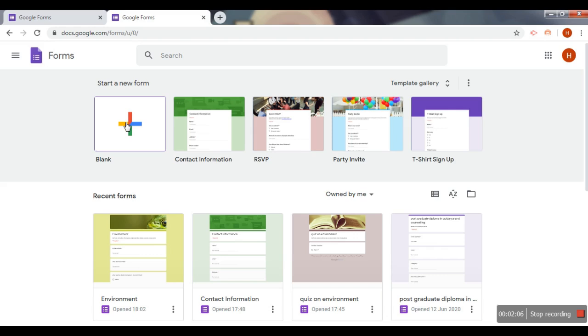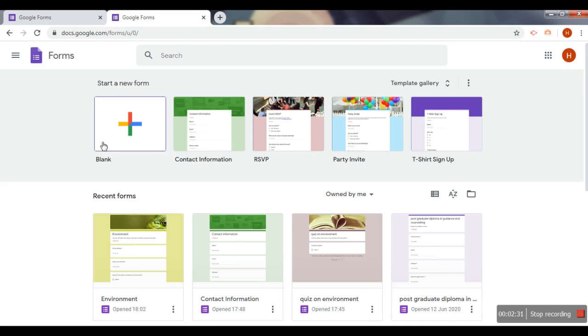Otherwise we can start afresh with a blank Google Form, right? So if you see below, there are 4 different kinds of Google Forms. These are the forms which have been created by me. So whatever Google Forms you create, they will appear like this in your home window of Google Forms, right? They have been saved in your Google Drive. You can access them from your Google Drive also. Otherwise you will be able to see them at the home page, right?